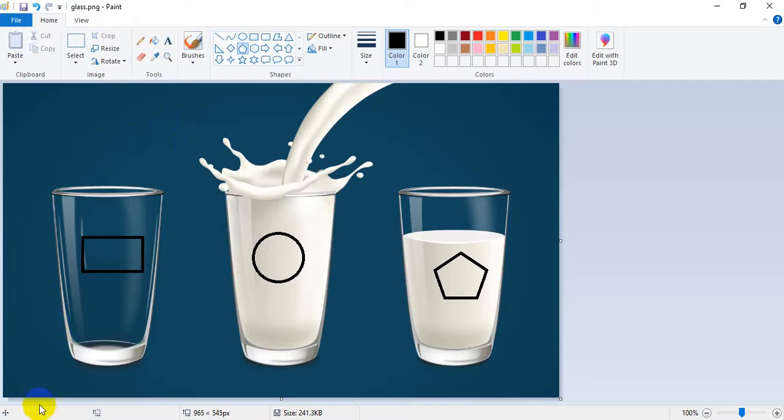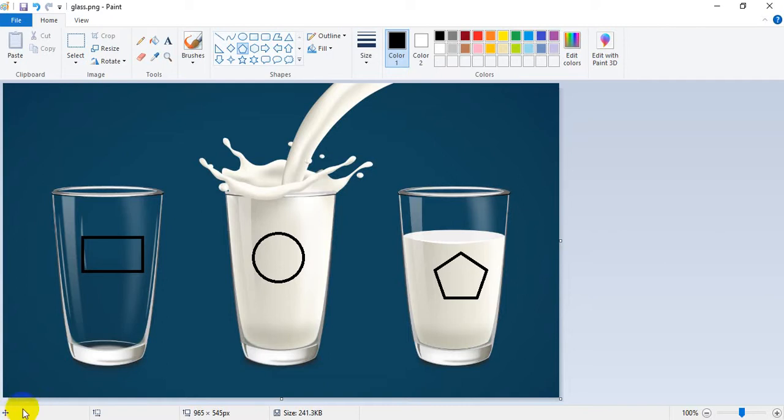Students, please focus on the bottom left. You will see some numbers changing, some numbers displaying over here. Just check it out. When I move my cursor to any of the glasses or anywhere in that particular image, you will notice that two values will display over here. Please see my cursor.